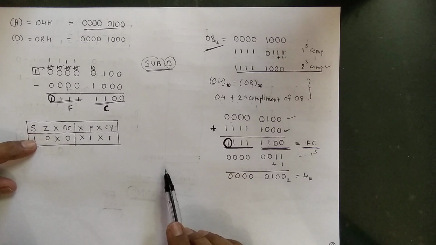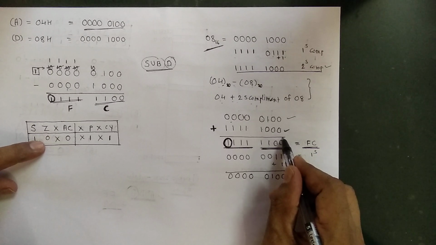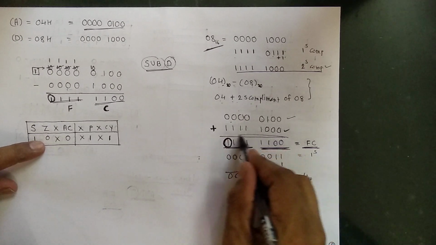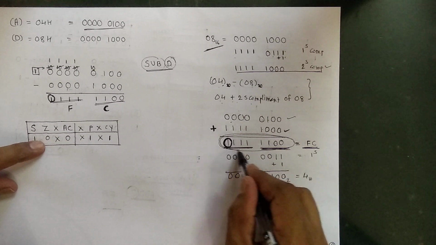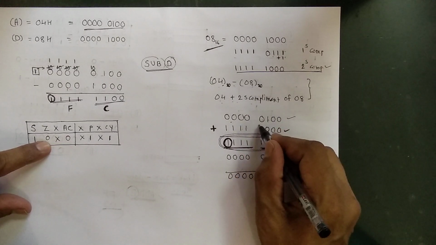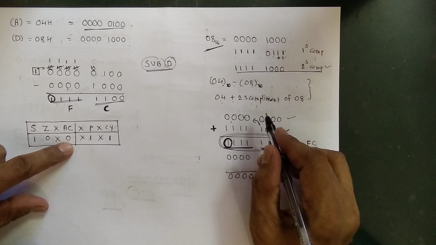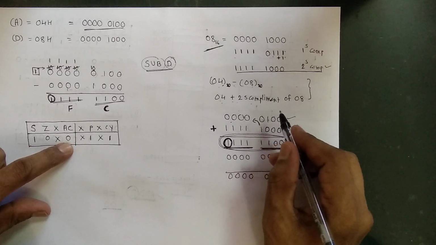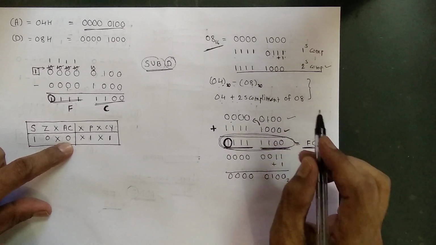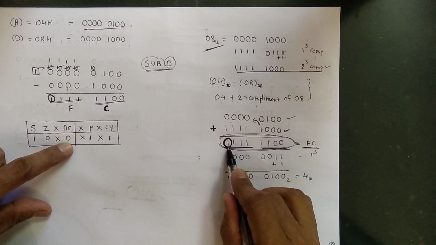Now, the answer after performing the mathematical instruction, the contents of accumulator does not become 0, therefore zero flag reset. Carry is not generated from 4th bit to 5th bit, therefore auxiliary carry flag reset. How many times 1 is present? 1, 2, 3, 4, 5, 6. 6 times 1 is present, therefore parity flag is set.